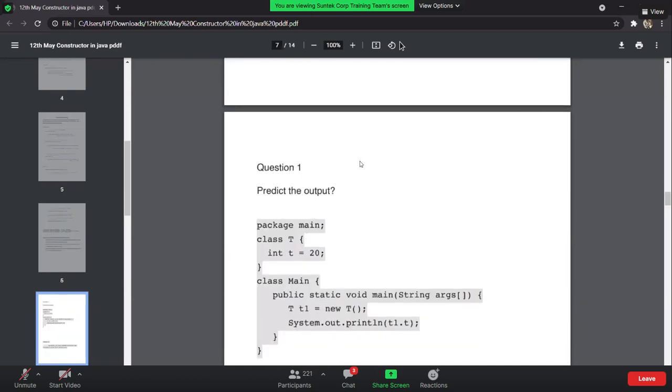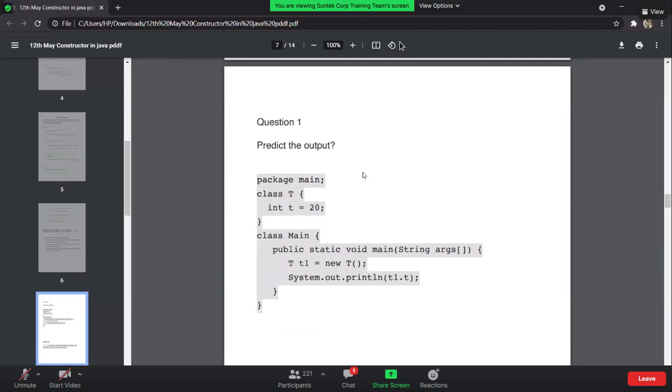Can you guys predict the output for this one quickly? Correct, good.